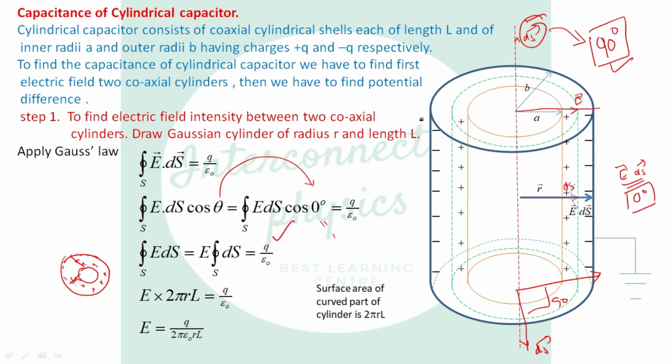E can be taken outside, because what is a Gaussian surface? The Gaussian surface is the surface at every point of which the electric field is the same because of symmetry. Now the surface area of the curved part of this cylinder is 2 pi rL. Then the electric field will be E equal to Q over 2 pi epsilon naught rL. You know what lambda is? Lambda is charge divided by length. If we write Q over L as lambda, then it will behave as a linear charge distribution, as we did earlier in the Gauss theorem chapter. But we don't write lambda here because we need Q for further use.